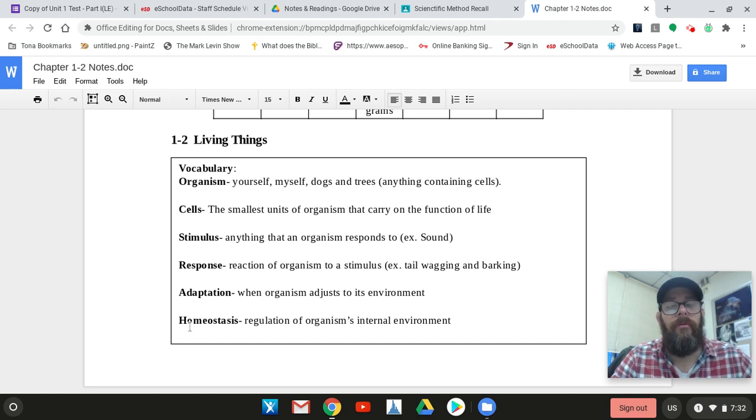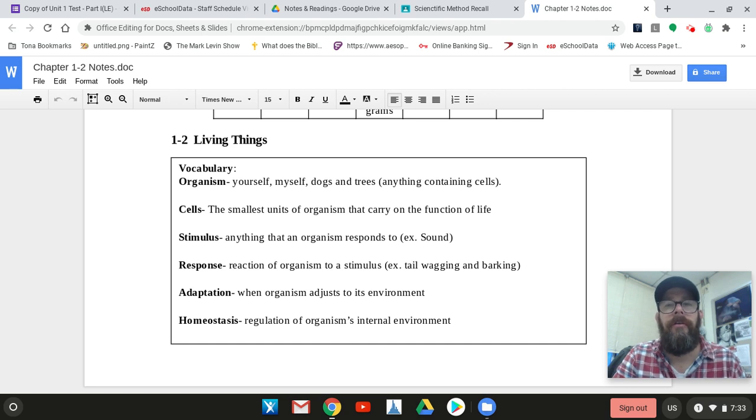Homeostasis: regulation of an organism's internal environment. When you sweat, you're trying to regulate your internal temperature. You're trying to keep your temperature at 98.6 degrees Fahrenheit. Homeostasis works in many other ways. Blood sugar levels: if you have too much sugar, your body is going to try to dispose of it by